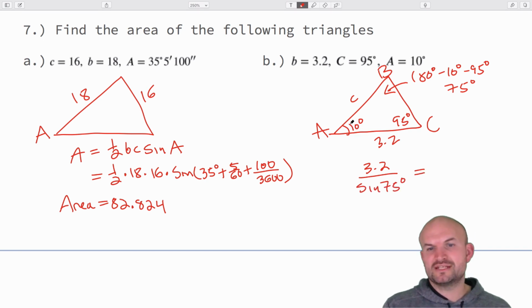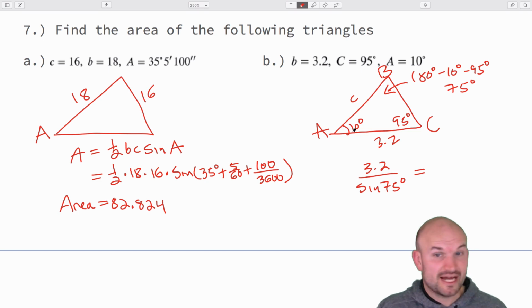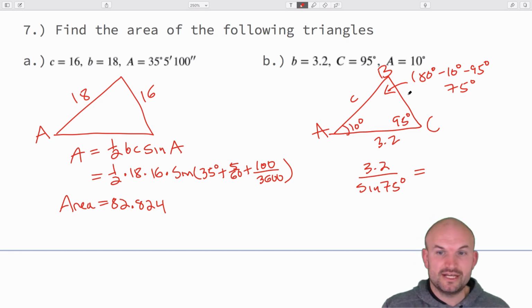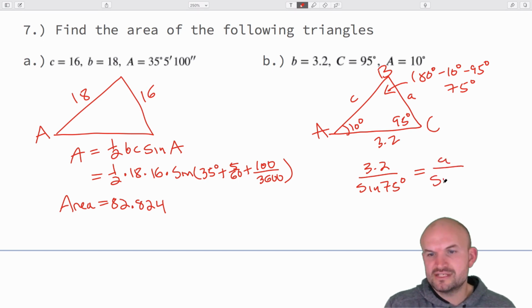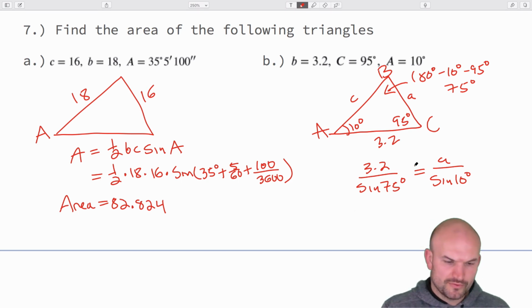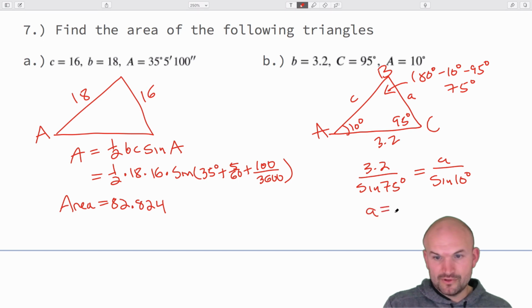is equal to, let's go ahead and find, doesn't really matter which one. You're either going to want to solve for C or for A. You just need two of them. So therefore, I'll just solve for A. So A over the sine of 10 degrees. So do 3.2 times the sine of 10 degrees divided by the sine of 75 degrees. Whew. And that's going to give me A equals